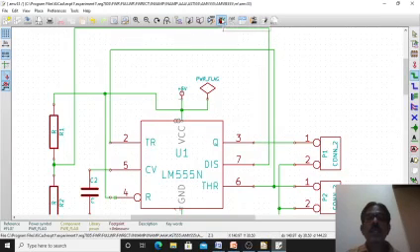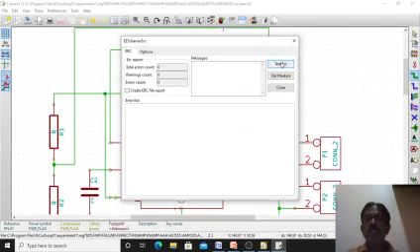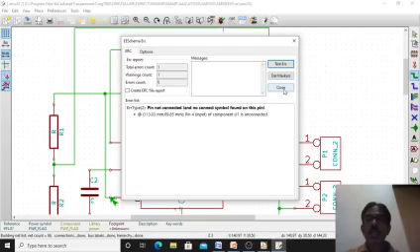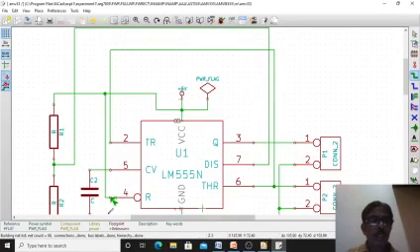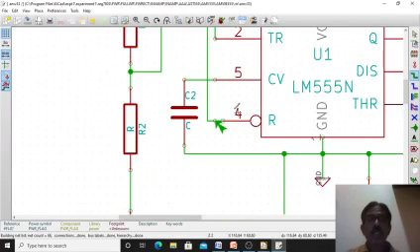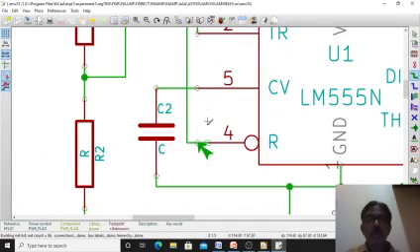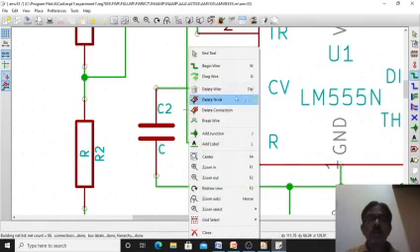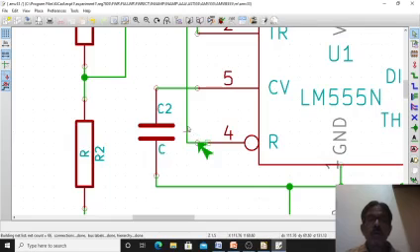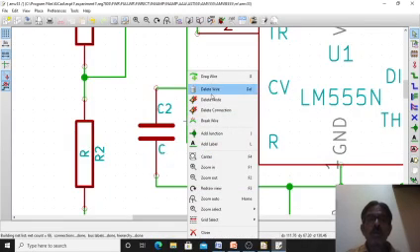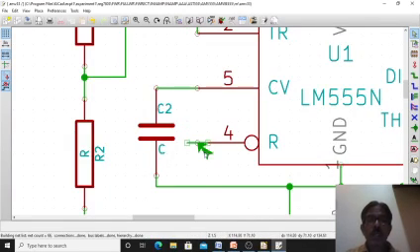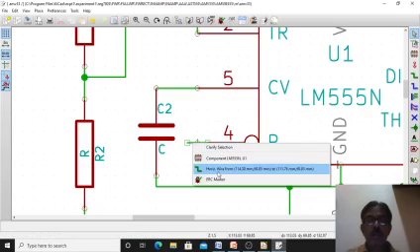Then test for electrical rule check. Test ERC. Okay, it is showing one error. Let us see where the error is. So this connection has not been established correctly. So for pin number 4, you again take the wire. I deleted it. Let us see what happens here.